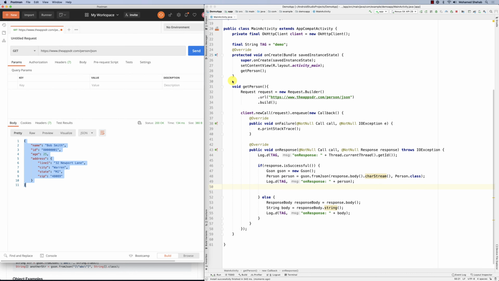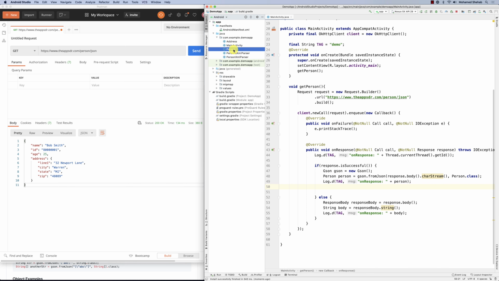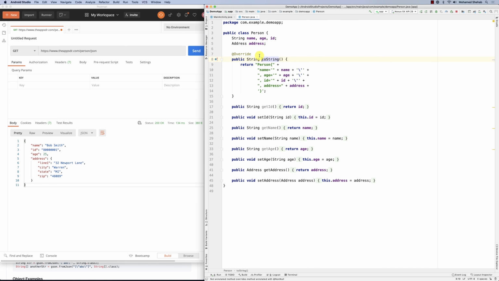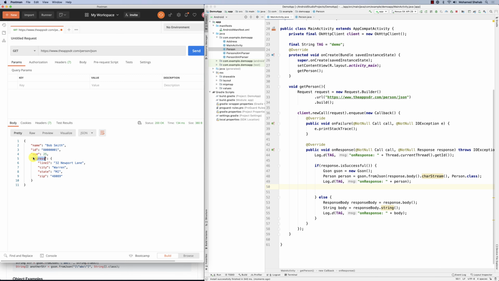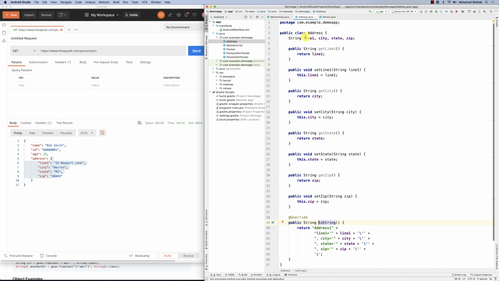How? Meaning, when I created these classes, for example the person class, I created the names of the variables to match exactly the names of the variables for the person. So this is a person. Person has a name, here is the name. Has an age, here is the age. Has an ID, this is the ID. And then has an address, which is called address. If you open up address, you see it has an address, which is another object called address, and that other object has exactly the same naming scheme as